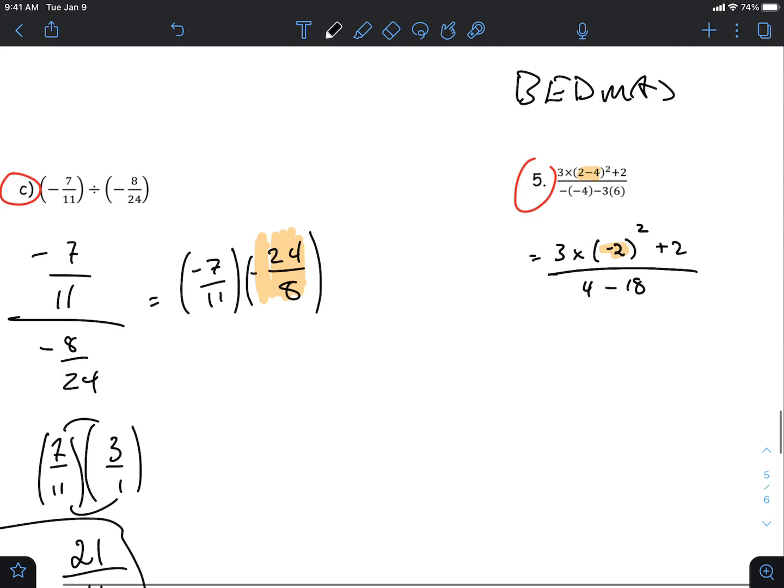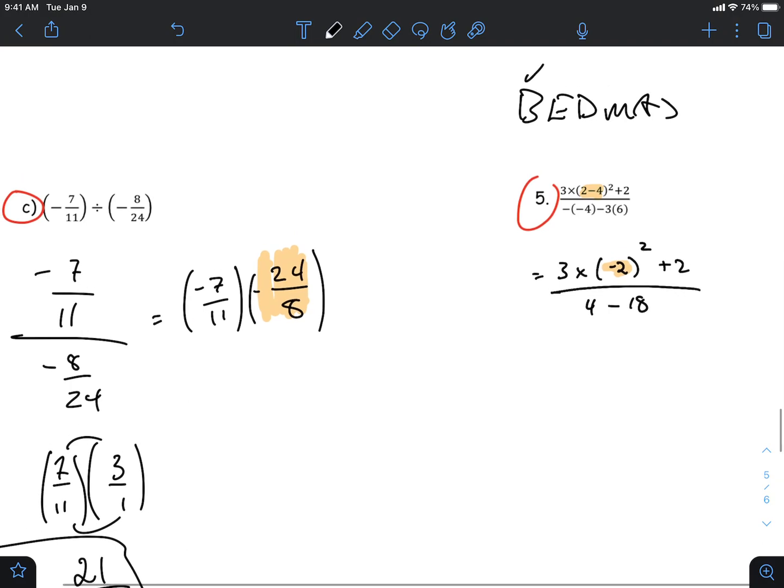So I took care of the brackets, and then the E is the next thing. It tells me to take care of any exponents that exist within the question, or in whatever piece, right? So I've got the squared on the negative 2, so we're going to get 3 times negative 2 squared. This is actually quite common. The issue will happen and we'll see it more in the quadratics unit, or even a little bit today. What will happen is kids will go like this, they type in,